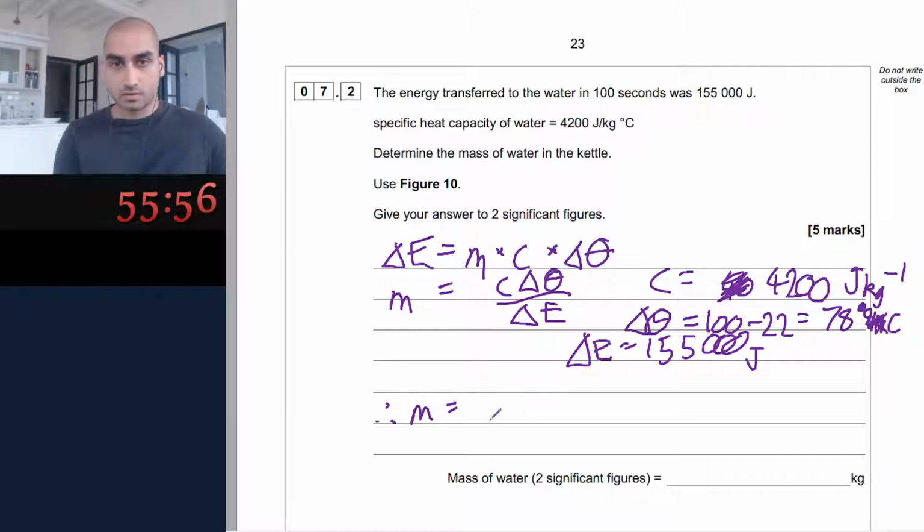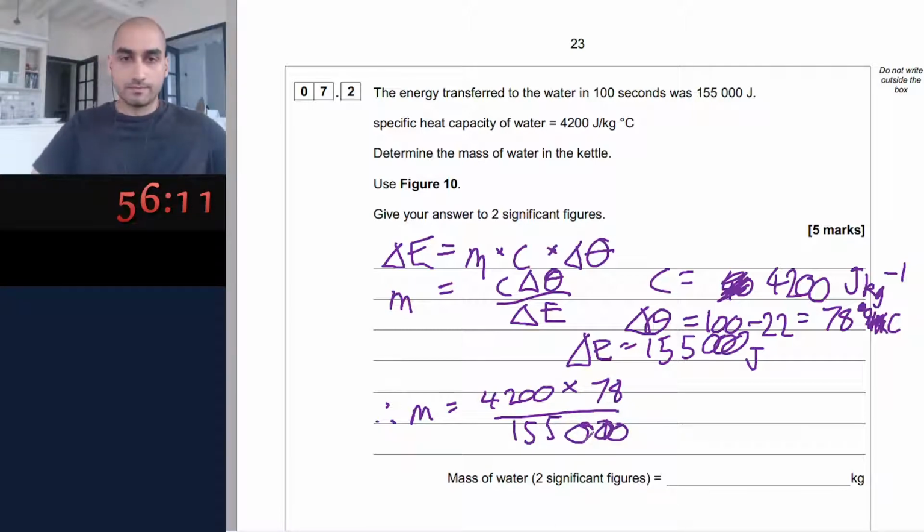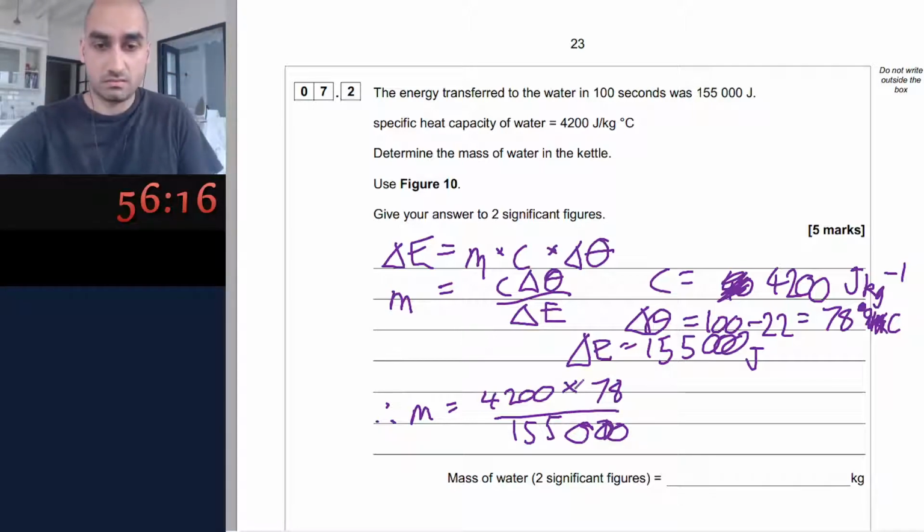So we do M equals 4200 times 78 over 155,123. 5 marks. Like 1400 times 78. This might just be an easy 5 marks then. I didn't even know any of this stuff, but I'm just working it out from the formula in the booklet. 155,123. 2.11